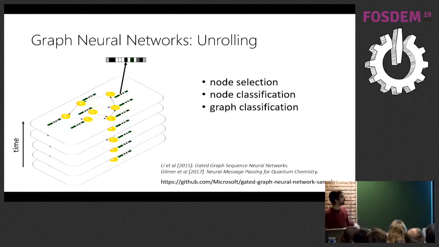People have used it for many things, like saying which of those nodes should I pick, for example. That's similar to our problem. And like node classification, should this have a label, should it be blue or red? Things like that, or averaging everything here, or summarizing it somehow and saying, does this graph have property A or X? This has been used a lot in chemistry for classifying molecules, and molecules can be described within graphs.